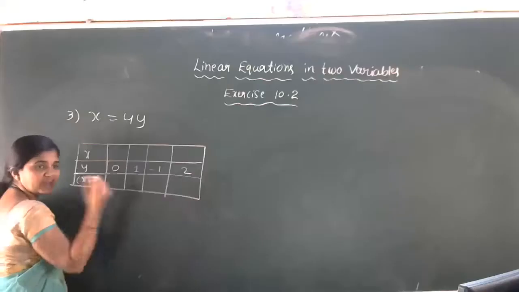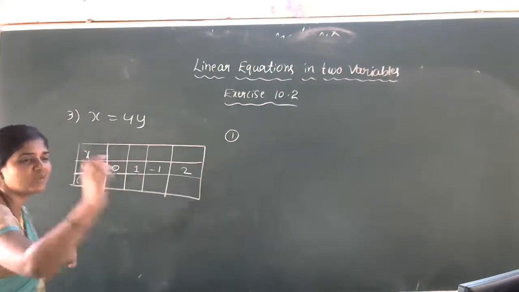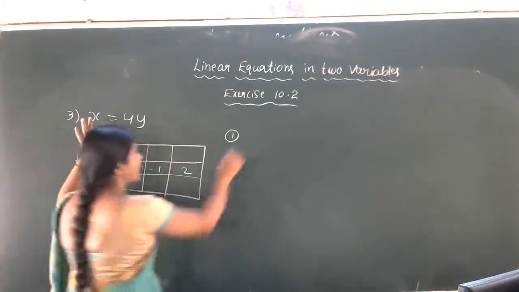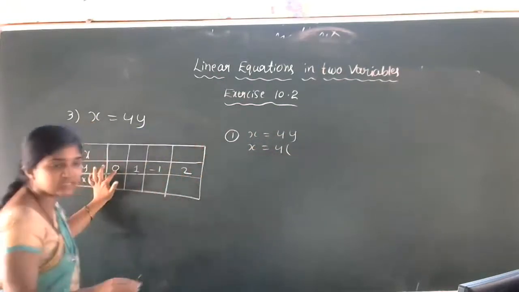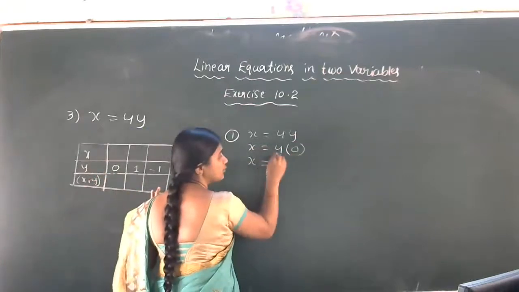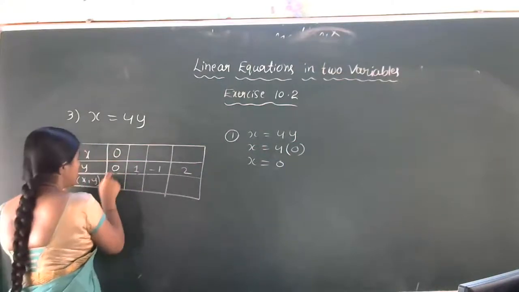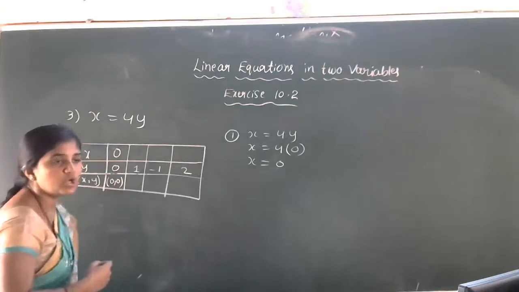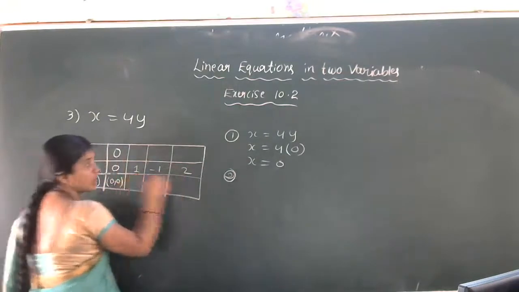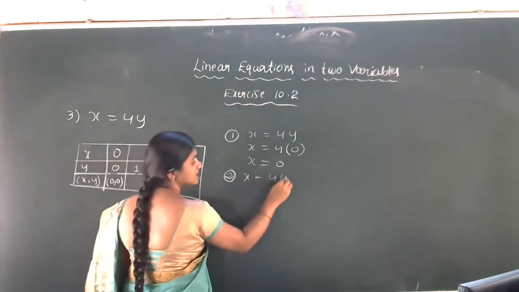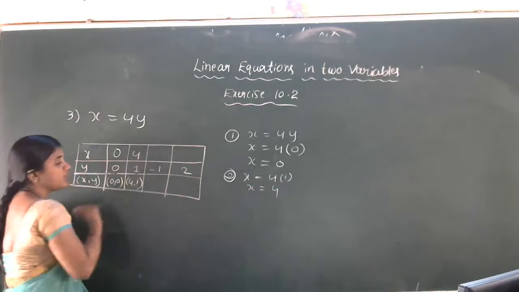Then we have to calculate x. Very simple calculation. No need to write this one also. Okay. So x is equal to 4y. Then x is equal to 4 into, first we are choosing y is equal to 0. So x is equal to 4 into 0 is 0. So for y is equal to 0, we got the x value 0. So solutions are 0, 0. Next one, we are choosing y is equal to 1. Then what is the value of x? X is equal to 4 into 1, that is x is equal to 4. Here x is 4. So solutions are 4, 1.